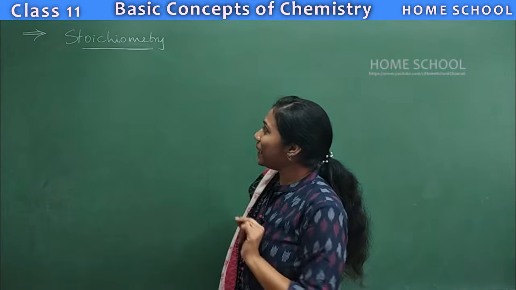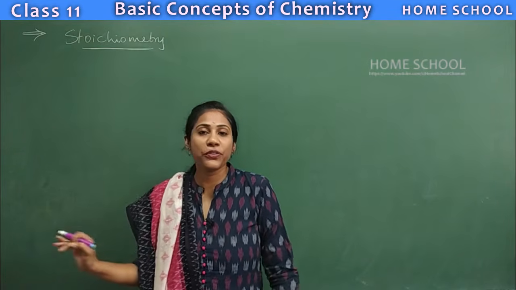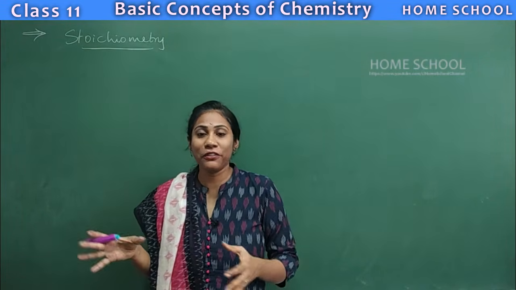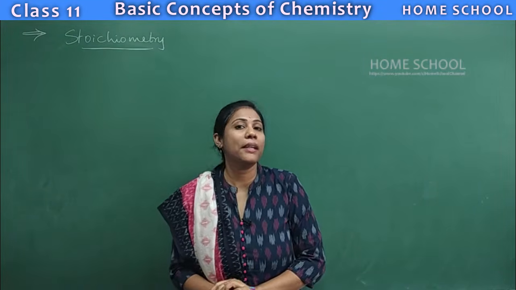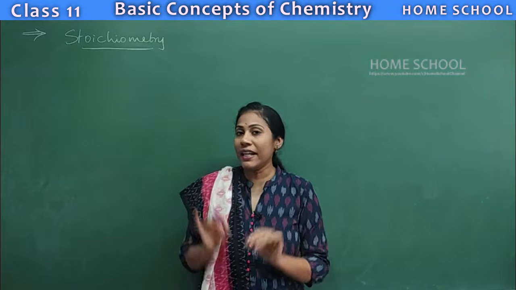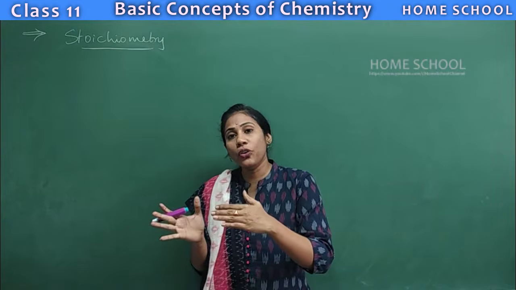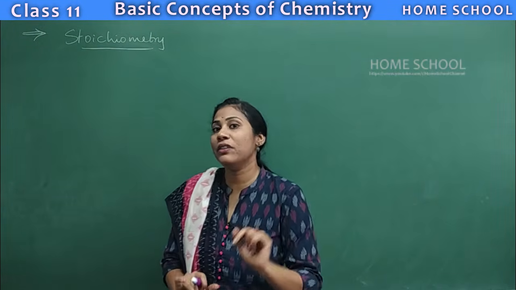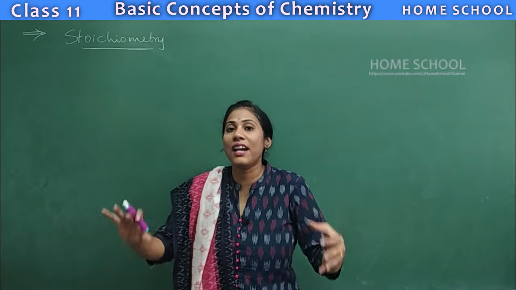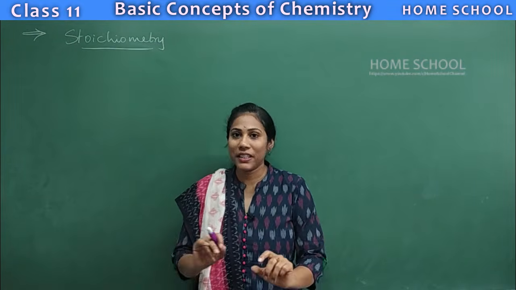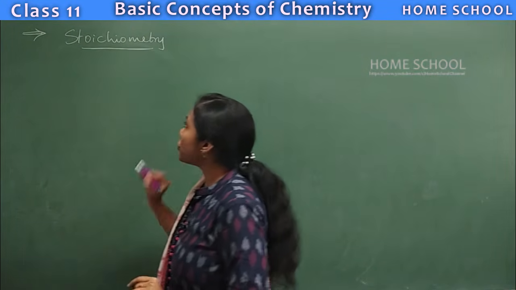Fine. What do you mean by a new term called stoichiometry? It's very simple, but most of the children feel it is complicated. But everything lies in understanding a chemical reaction. So you must perfectly understand the entire aspects of a chemical reaction. Once you know the information about a chemical reaction in different terms, then the calculation is nothing. It is just a matter of cross multiplication. Clear? Fine. So let us try to understand the meaning of the word stoichiometry.